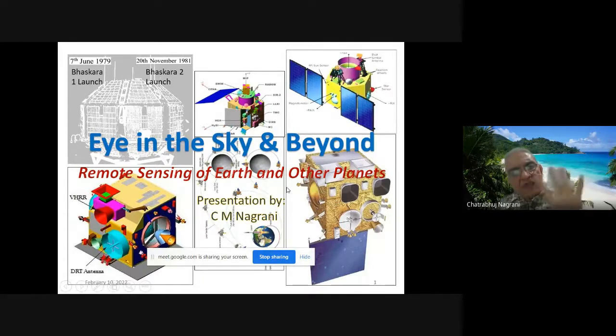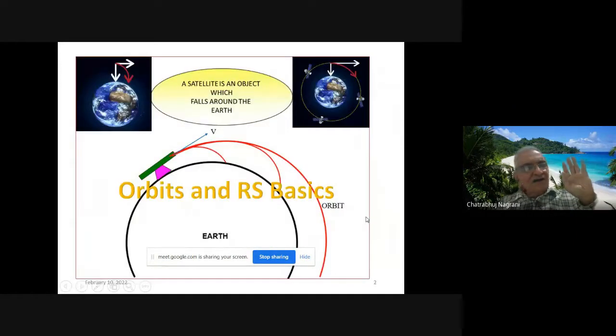Except that initially, when we started our Bhaskara 1, Bhaskara 2, they were mostly experimental satellites, and those satellites were not sun synchronous, or they were not polar. It was about a 50-degree incline to the equatorial plane. So now,